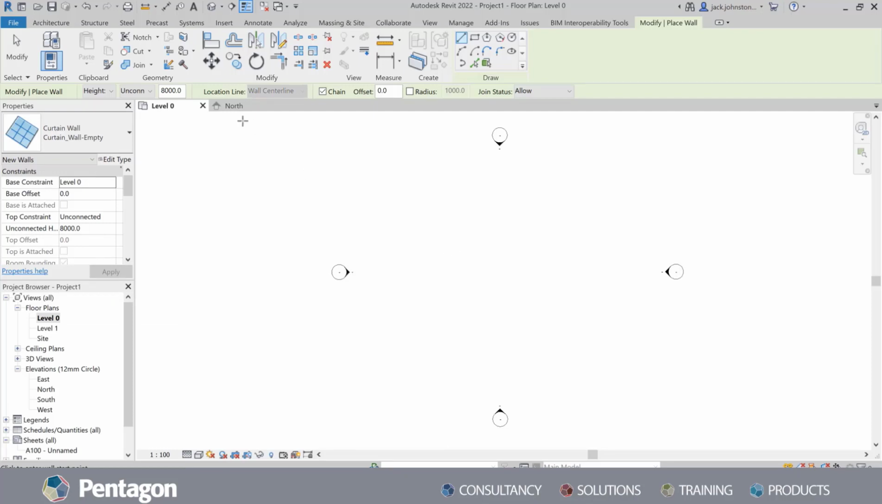Now you'll notice here that there's a couple of things we can control. Unconnected, I'm going to have from the level 1. So there it's going to be unconnected height 4000. I've got it chained. We can offset it from things, allow join status. And what I'm just going to do is draw just 10 meters across here, which is 10,000